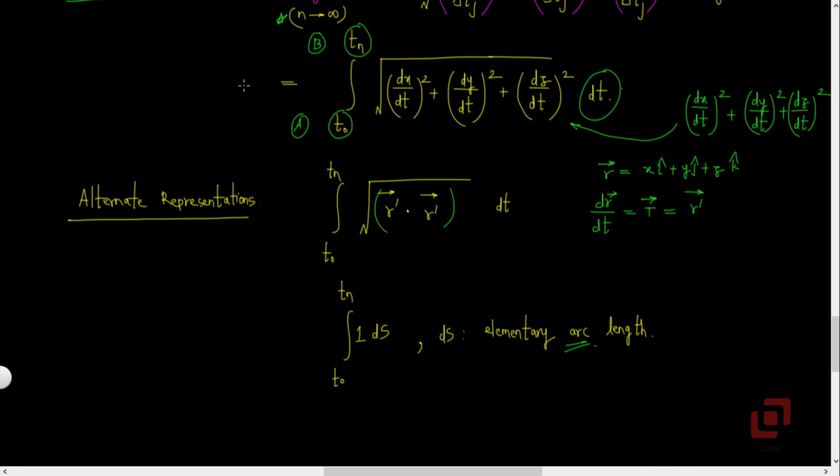Let's now go back to this particular expression for a moment. Let me write 1 here. Then the entire expression here, including dt, corresponds to the elementary arc length ds. Let's now see a few examples in which we will be finding the arc lengths or perimeters of the curves.